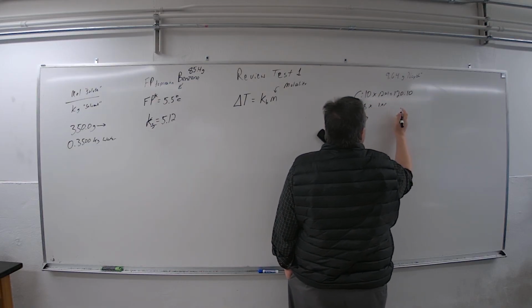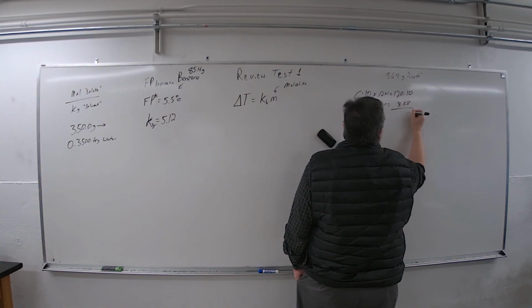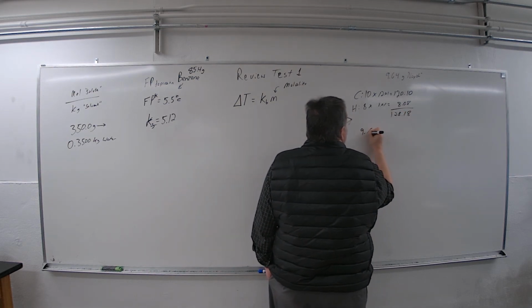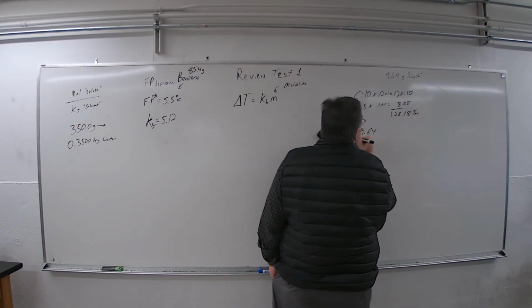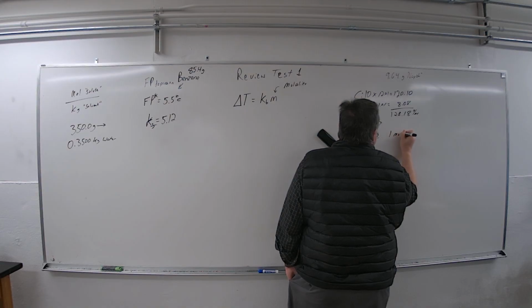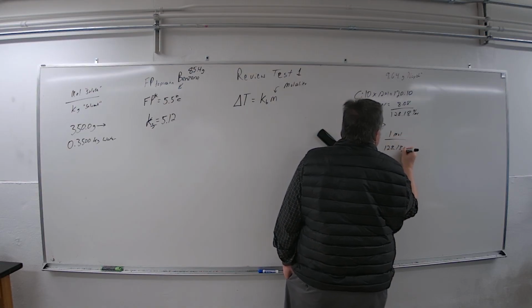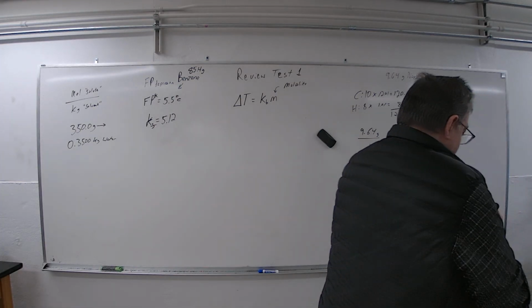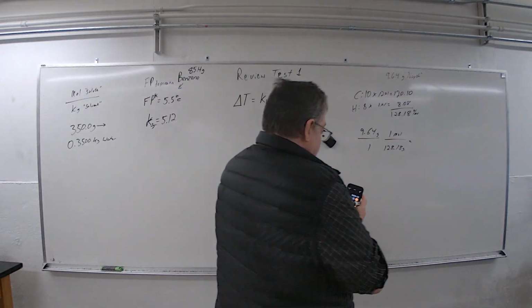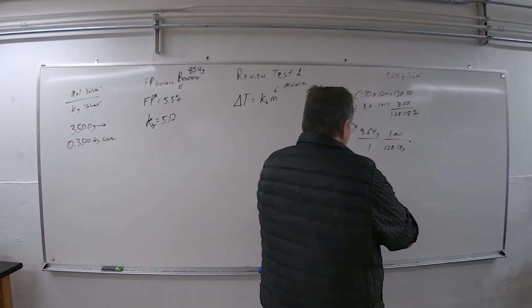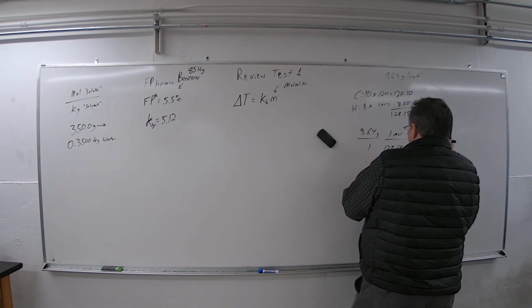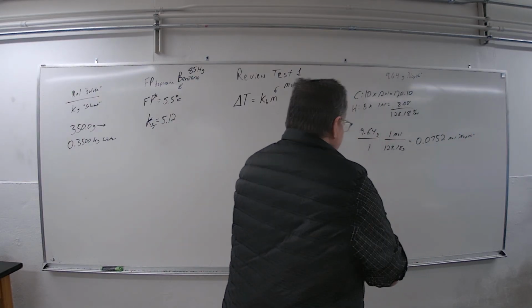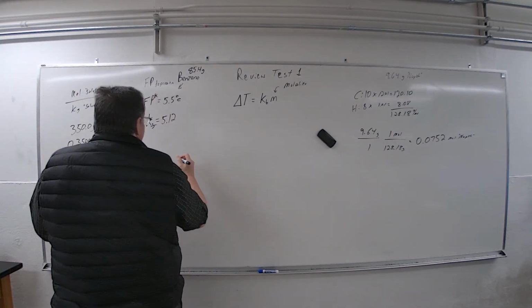12 times 10 is 120, plus 8. 9.64 grams, and 1 mole is 128.18 grams. 9.64 divided by 128.18 gives 0.0752 moles. All right, so the molality is